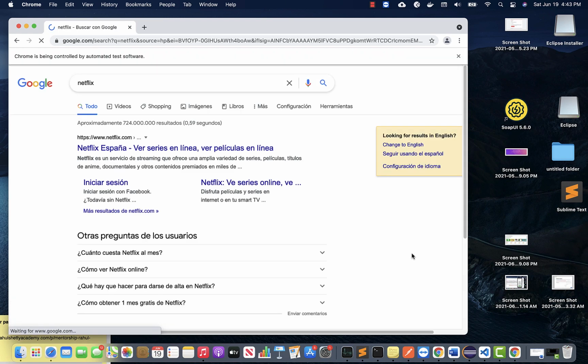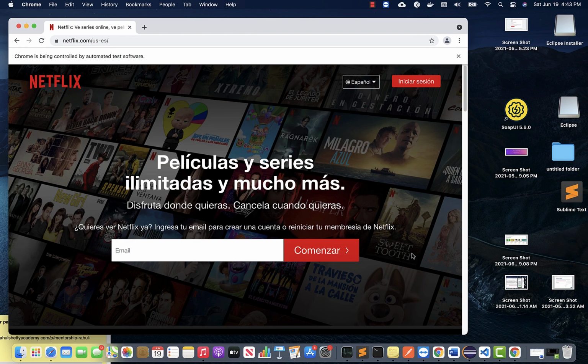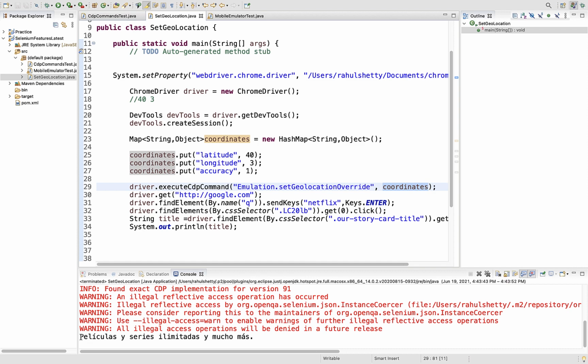Let's see. You see, the results are in a different language. It's not in English. I don't know how to spell this as well. Awesome, right? And the output is not in English because you have mocked your geolocation and changed the coordinates of your browser with Selenium, and that's the beauty.